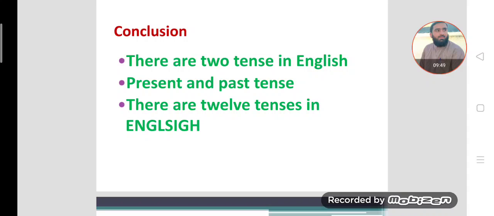Like we can say that present indefinite is the aspect of present tense. Present continuous is the aspect of present tense. Present perfect is the aspect of present tense. Likewise, present perfect continuous is the aspect of present tense. So we have two tenses. Tense basically means form of verb. Tense is the form of verb which shows the time of an action, okay? While aspect shows the degree of completeness and incompleteness of the action, that to what extent the action is complete and to what extent the action is